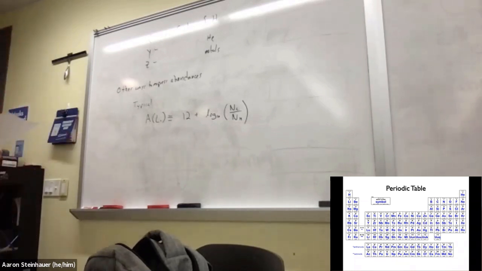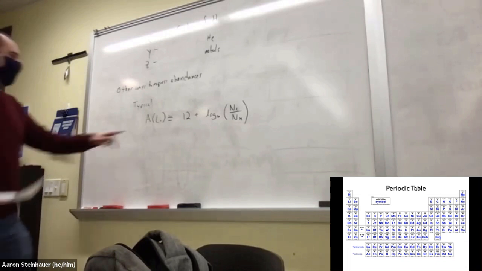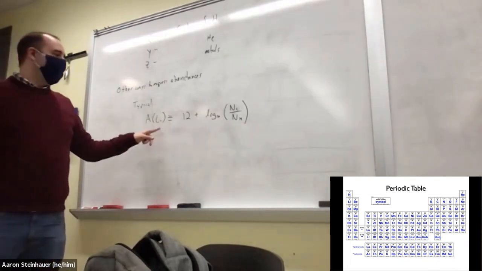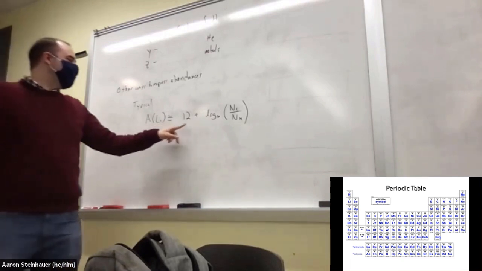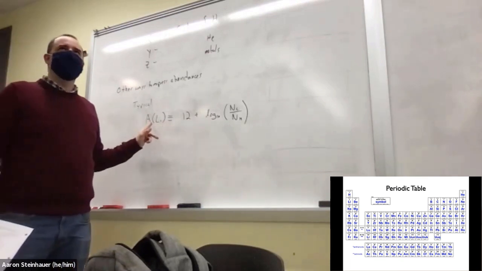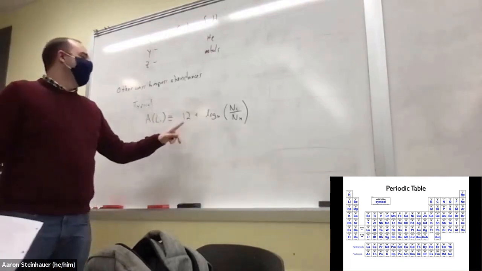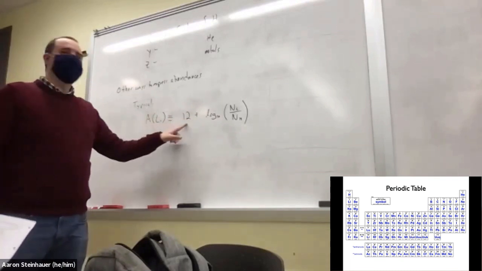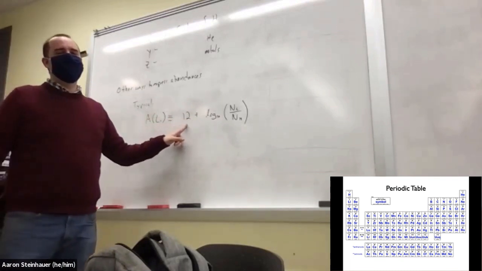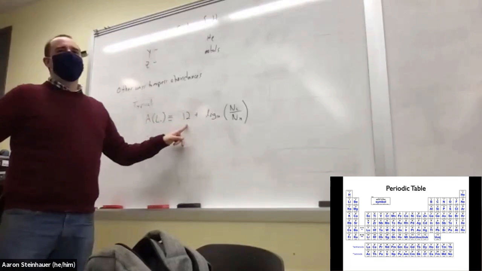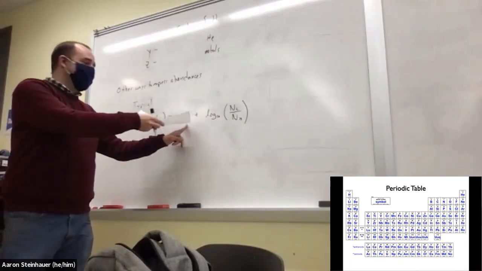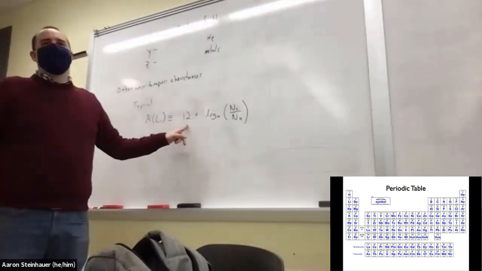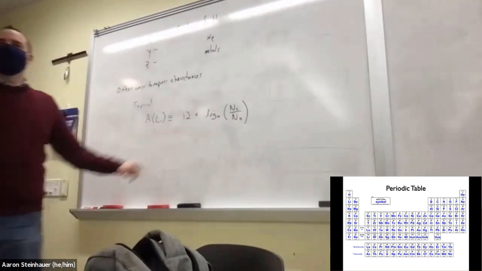Is that only for lithium? No, you can do oxygen as well, and it's still going to be 12 for pretty much everything. In every paper I've ever written, this is a little footnote when we say A(Li), and I think this is pretty standard now. I've never seen it anywhere else, but you could define A(Li) to be this plus 8 or something, but that would be